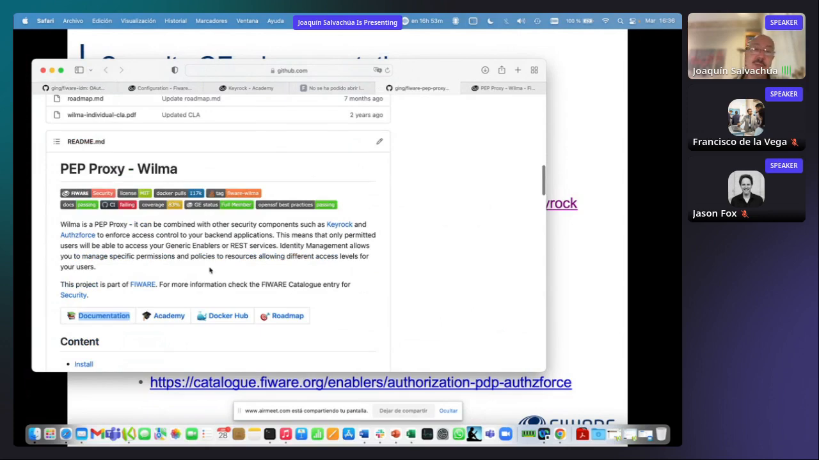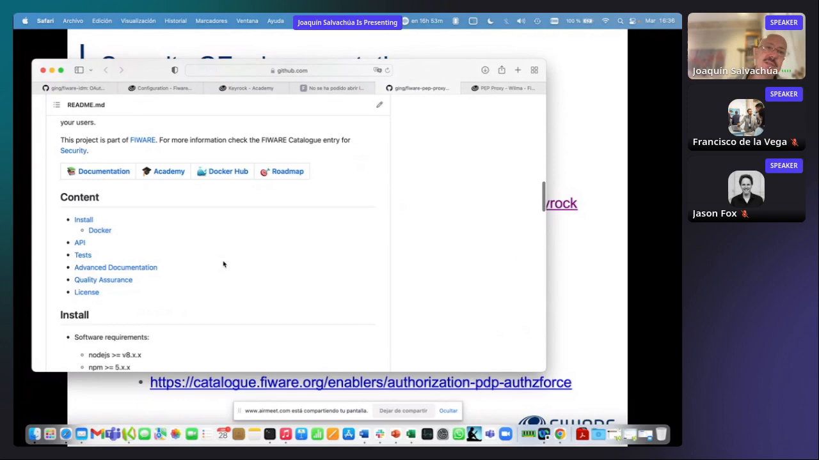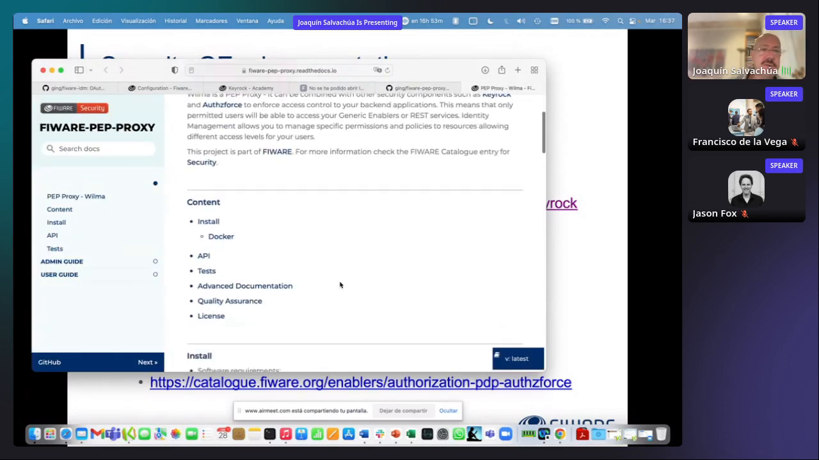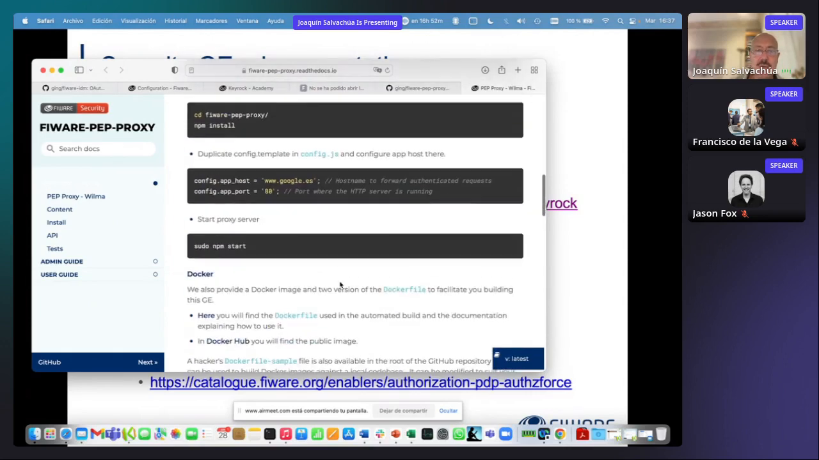The same happens with the PEP Proxy, that is the one we are offering. Later, you can use this in the most simple scenarios, or you can add Kong and have all these kinds of things. The same, we have the documentation, all the information in the files, and on how you can use